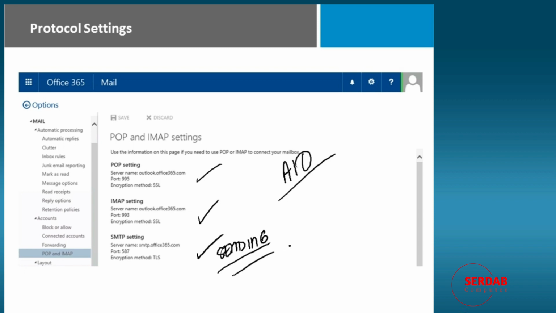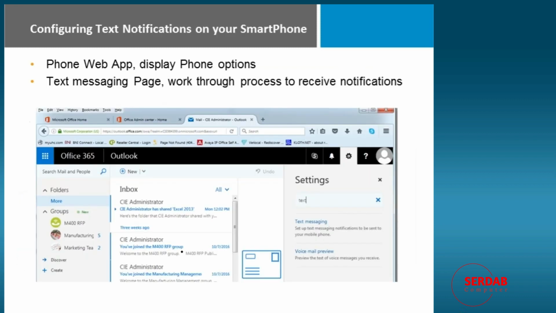So it might simply be that in order for your all-in-one printer to send you the scan, you just need these settings right here. We can also configure text notifications on your smartphone. So if you're on the phone web app, you can display your phone options. And you're going to see here, in order to find them, we first click on options, and then Office 365